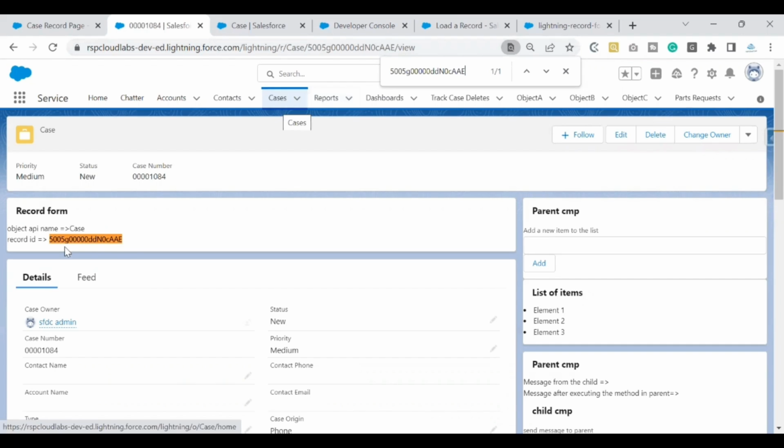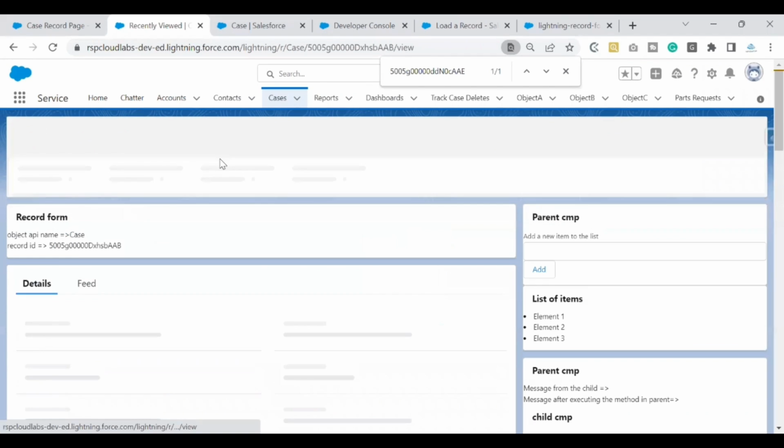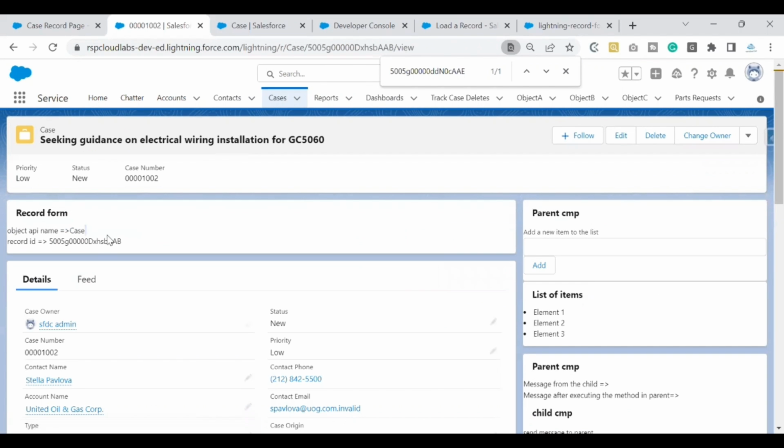If I pick up any other case record, the ID is getting updated. So that means the @api recordId is working as expected. But how do I confirm that this object API name that is coming as Case is something that has been picked up from this record on which this component is added? So let's go to the